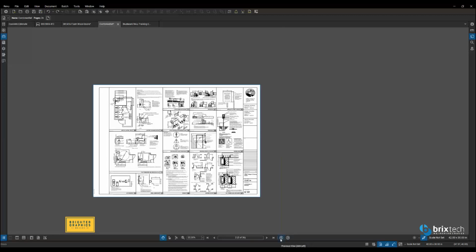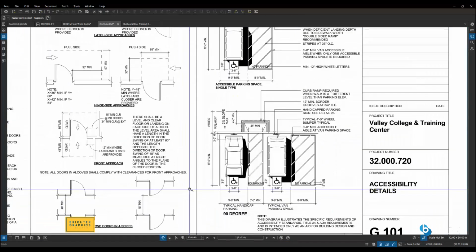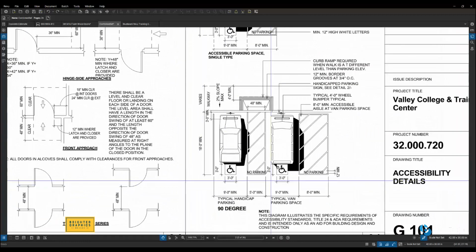You can very quickly go back to the plan view. And then over here, I've got my disable line weights highlighted blue turned on. Let's see what that looks like. This is a good example. You can see all the line weights are pretty thin here. When I turn this off,